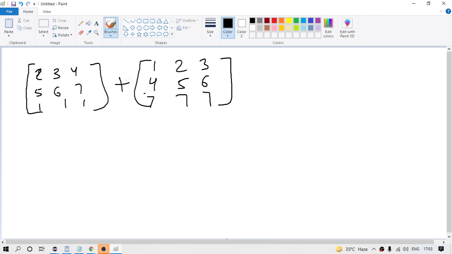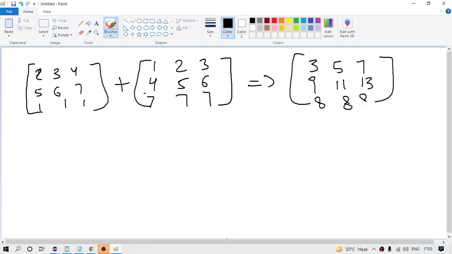Okay, so basically, if you see this, this is very simple. We can do it without using any programming language. Just say 3, 2 plus 1, 3, 3 plus 2, 5, 4 plus 3, 7, 9, and then 11, and then 30, and after that 8, 8. So this is how we do it.